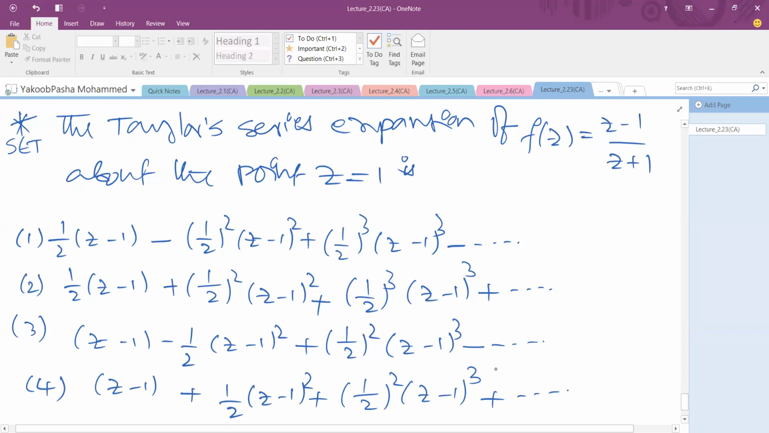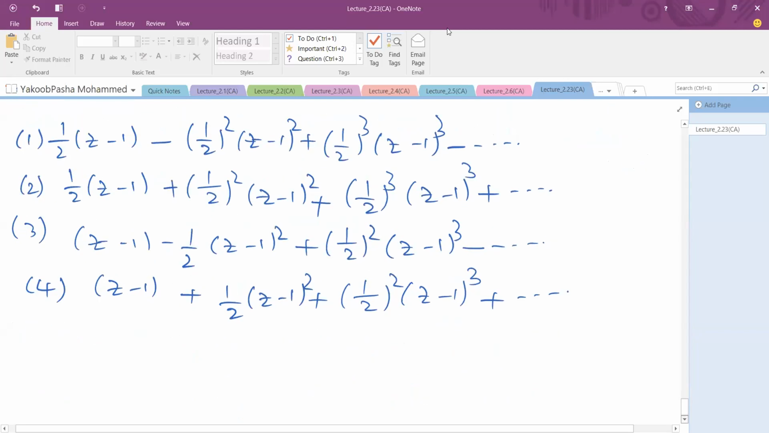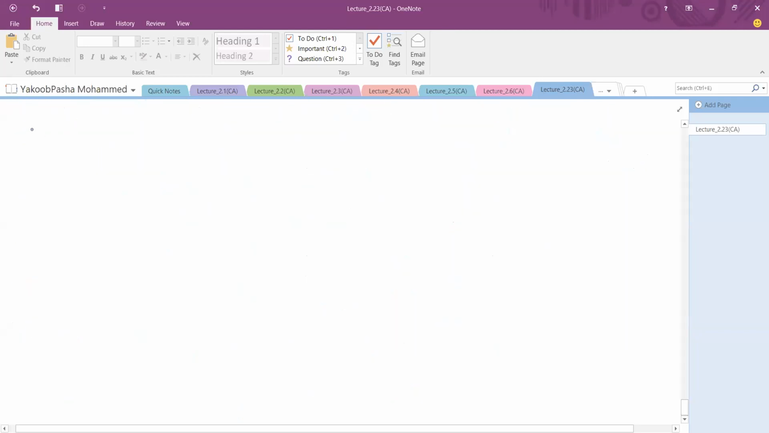Okay, writing the options every time takes a while, so what we can do is the problem directly. First we have to observe, we have to expand the function about the point z equal to 1, which means we have to convert the function in terms of z minus 1. So first of all, I am taking the function f of z is equal to